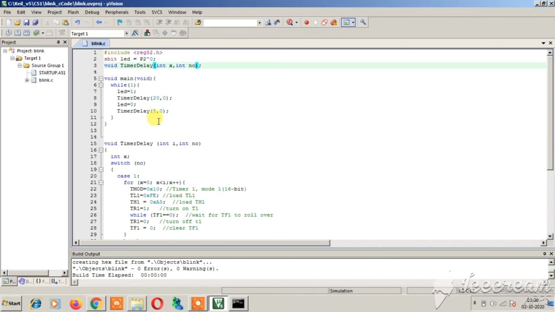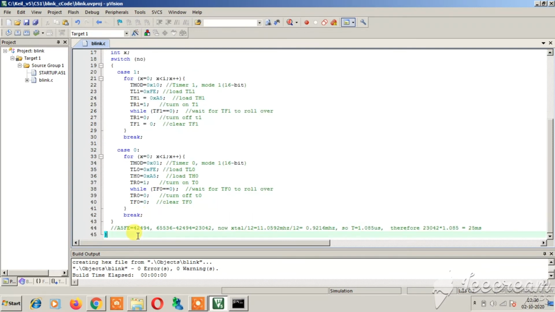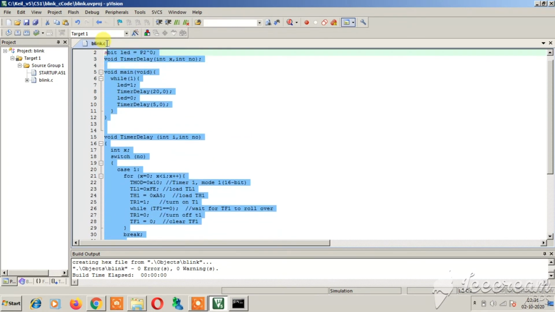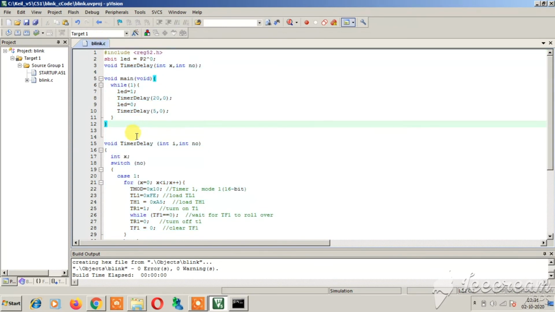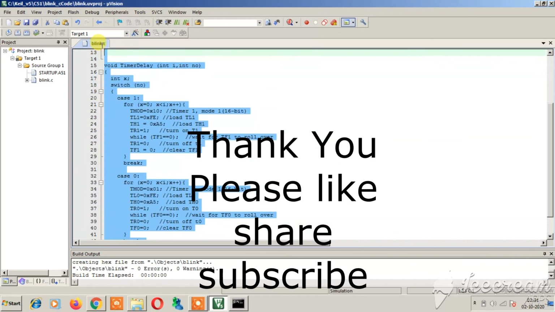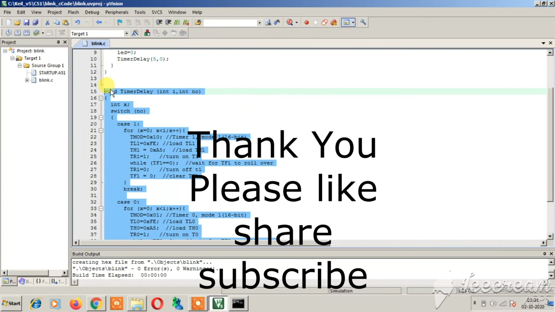I hope you have found this video useful. I was thinking of including the interrupt section here, but I am seeing the video is getting too long, so I'll be discussing the interrupts in the next video. This code will be uploaded to GitHub, so that you can download the code from there and tweak it as per your requirement. Till then, read the PDF which I have included in the description. In the next video we will be discussing interrupts, and we will be using this function inside the interrupt example. So till then, learn this function well, and we will see you in the next video. Thank you.